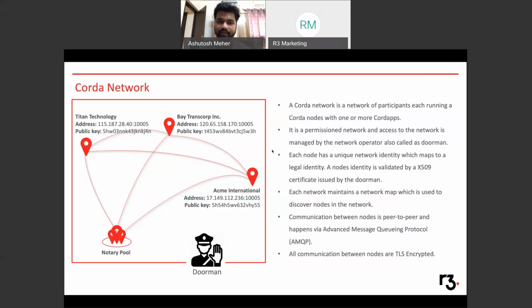And any new node joining the network domain will take care of the step of adding that information about the new node identity in the network map so that others in the network are able to find him and do transactions with him, right? Next thing is the network doesn't do a broadcast,